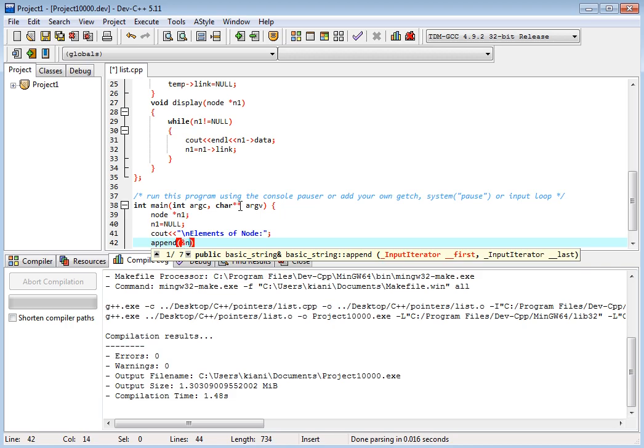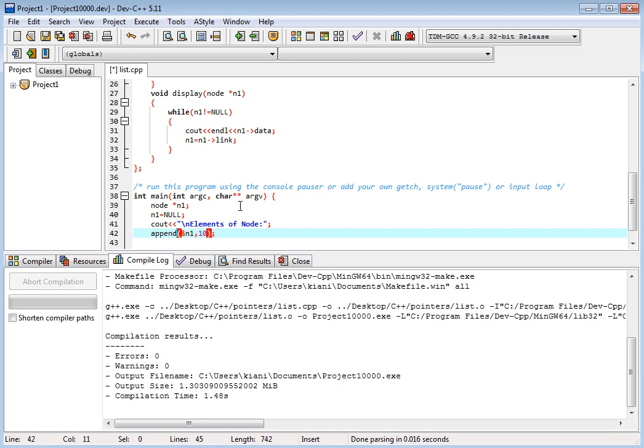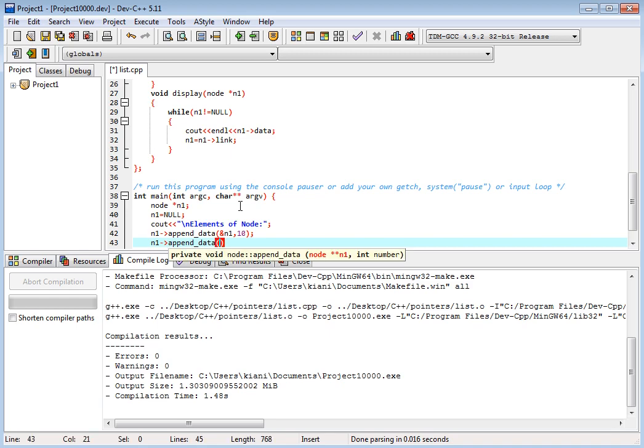We pass the address of this n1, because that is a double pointer, and we have the value 10. Then we append, this is append data, and this is the n1 pointer. This is a class, so pointer to n1 will call append data, and n1 dot append data n1 and 20.